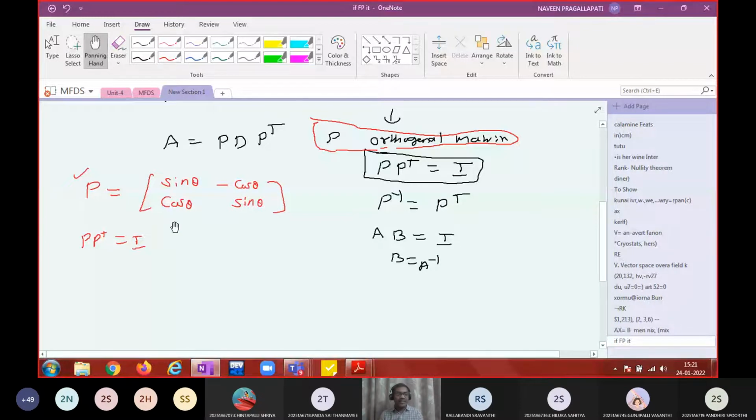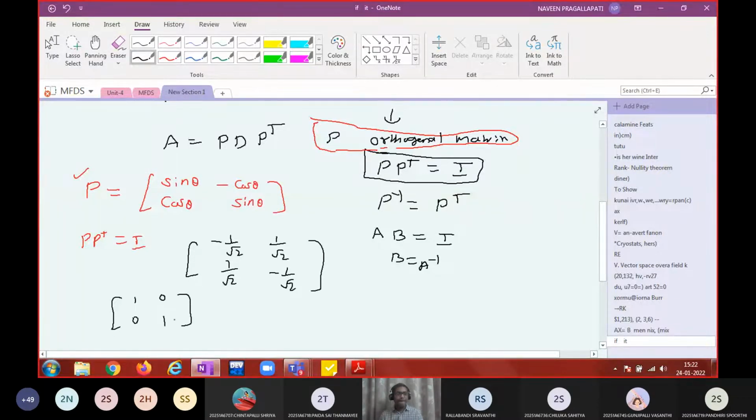What are the additional features you are having? Similarly, I can write one more matrix like minus 1 by root 2, 1 by root 2, 1 by root 2, minus 1 by root 2. This is also an example of an orthogonal matrix. And one more orthogonal matrix is 1 0 0 1. Like this, we can write 3 by 3 matrices, 4 by 4 matrices, 5 by 5 matrices. Now, if you see each column as a vector,